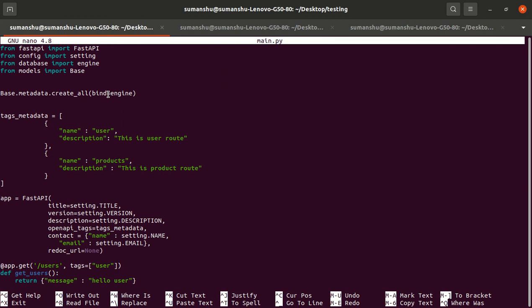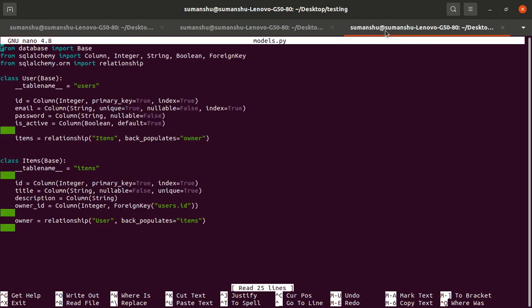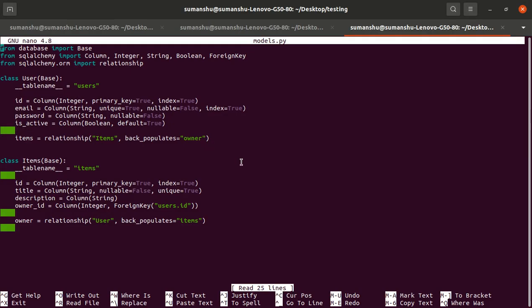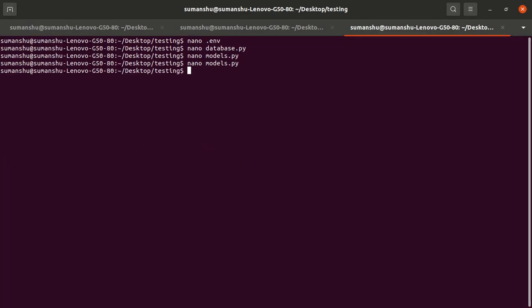So we will write here bind is equal to engine. So under this database the tables will get created. So now we have the tables. If I go here, now we have the items table and the users table. All right, so we have everything ready. So the next step is, now we have to create